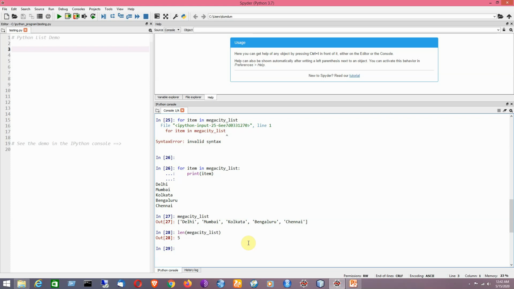Okay, so next I would like to give you some examples related to the idea of membership. That means by using the in. So for example, I would like to check whether an item is present in the list or not. Say for example, the name of the item is Chennai. So now I would like to check whether this variable is present in the given list or not. So that can be done by using,